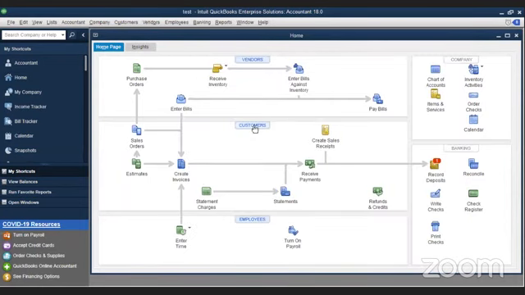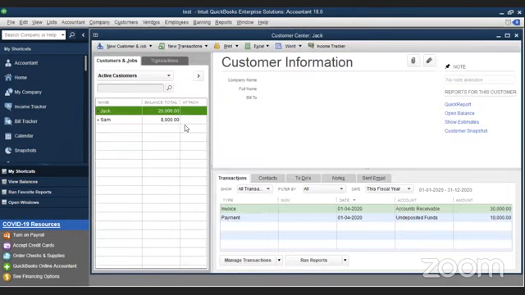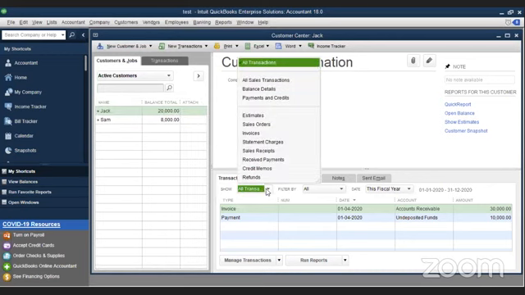Similarly to what we did for vendors, we go to customers. In customers, you can see Jack had 30,000 outstanding. Now he has only 20,000 left. If you come down to this column, you can see the transactions. Just click this and you can see all sales transactions.